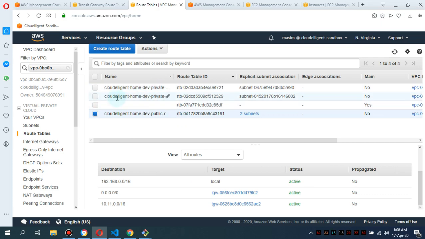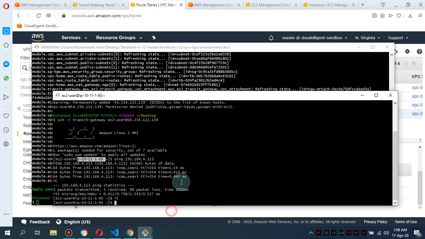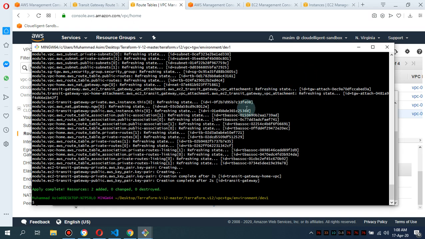So this part is done. What I'm gonna do next: I already showed you that we are able to communicate between two EC2 instances in two separate VPCs in the same region. So now I'm gonna do